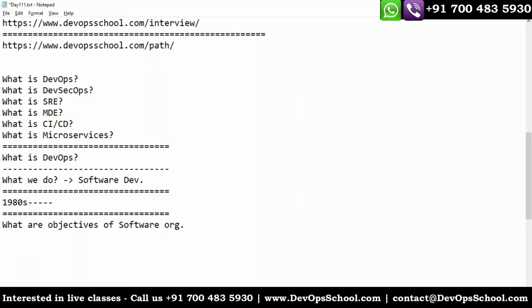What are the objectives of a software organization? At that time also, now also. There are so many software organizations available, thousands and thousands. Some of you must be working in them. I have also worked for some of the organizations. So what is their objective actually for software development? And their objectives are very simple. They want quality software. Every organization wants quality software. The quality of the software should be very good. We all know that, nothing great about it.